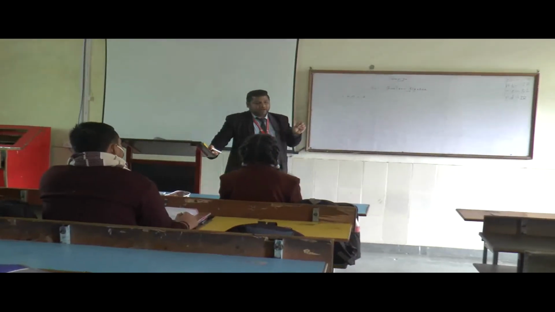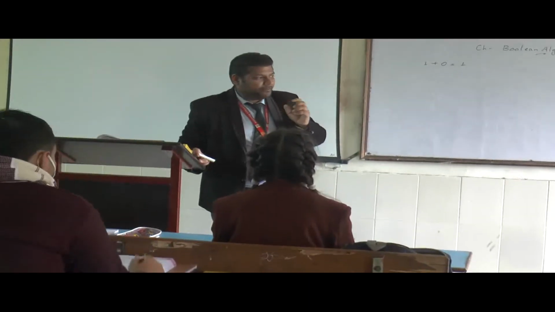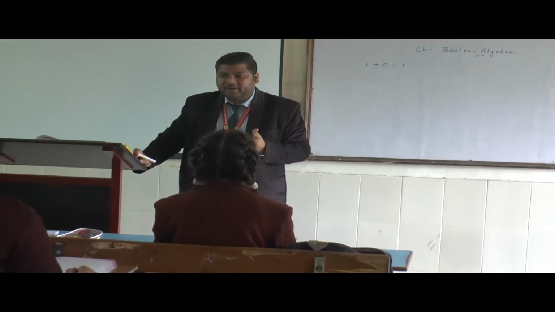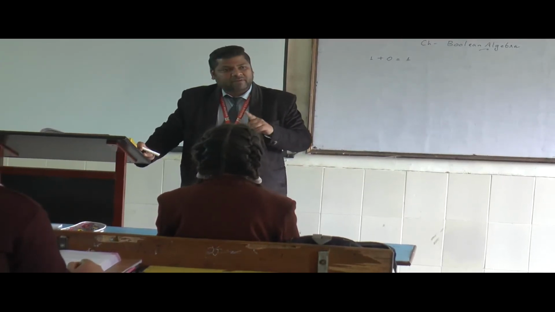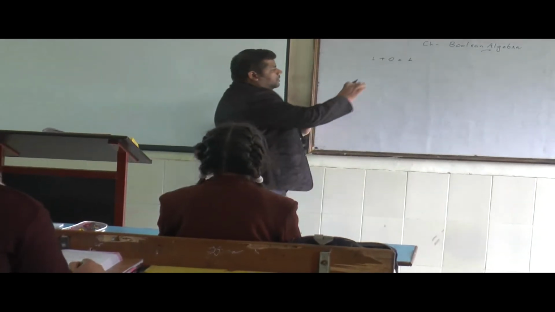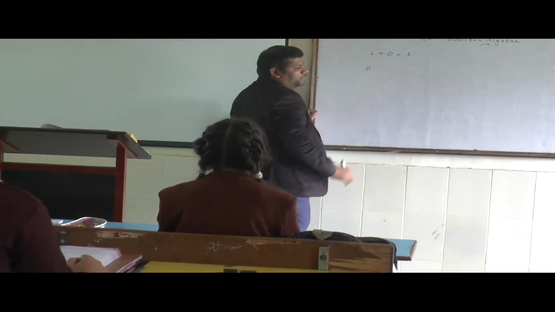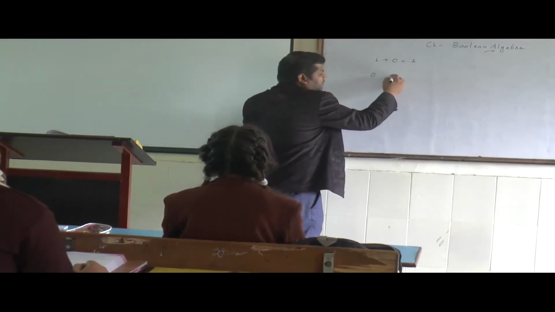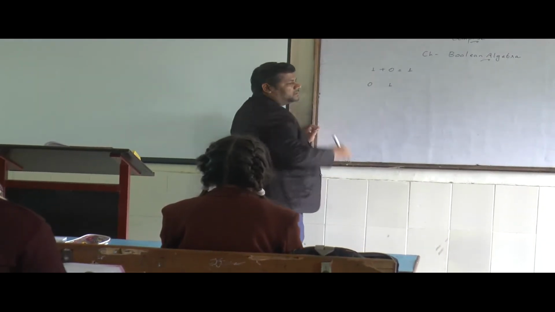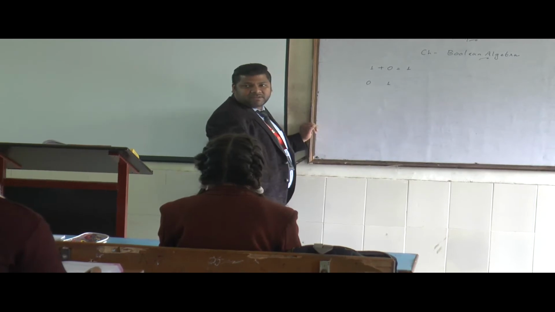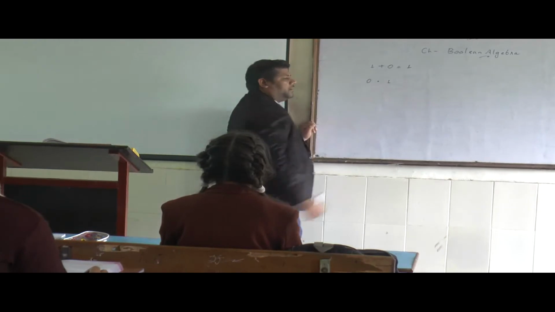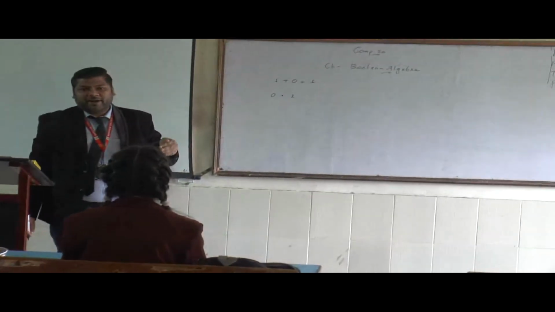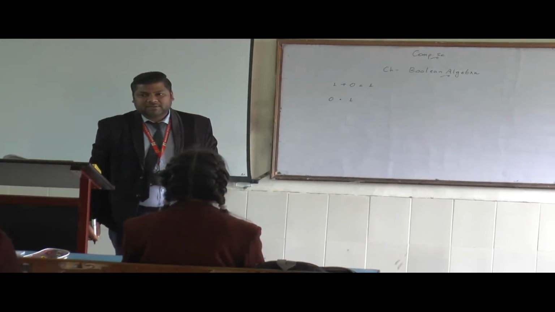Okay, now we are going to prove the theorem of basic principle of duality. Each 1 should be replaced by 0. Each 0 should be replaced by 1. And OR with AND. So 1 should be replaced by 0. This 0 should be replaced by 1. And what is this? Plus. Plus means OR gate. So OR operation should be denoted by AND. So 0 and 1. What is this?